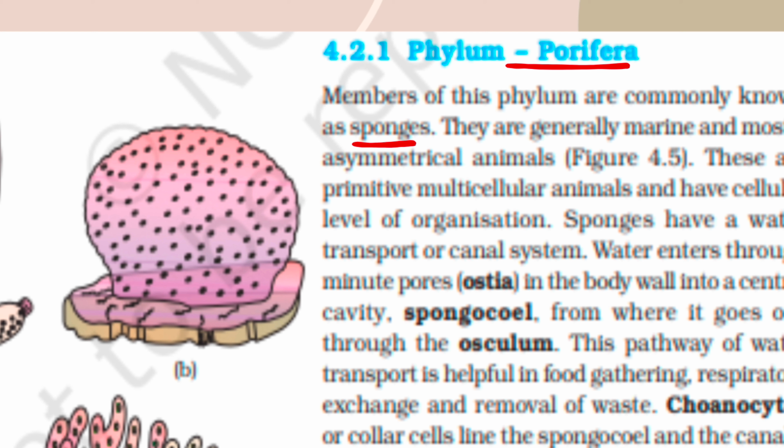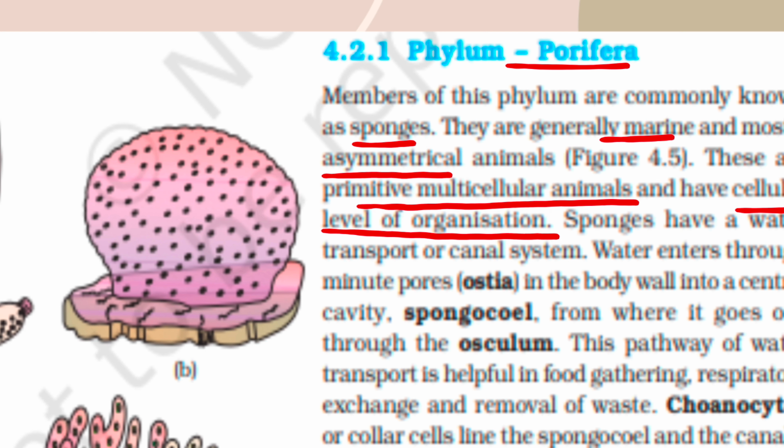It's commonly known as sponges. They are generally marine. They are mostly asymmetrical. They are primitive multicellular animals or organisms and have cellular level of organization. Sponges have water transport or canal system. Remember any special distinctive feature of each phylum, as sponges have water canal system, minute pores ostia, water enters through